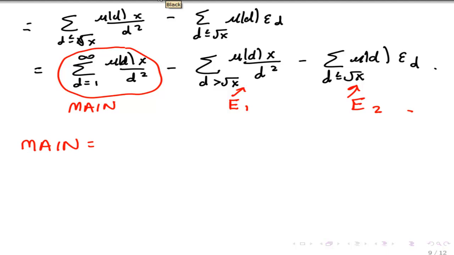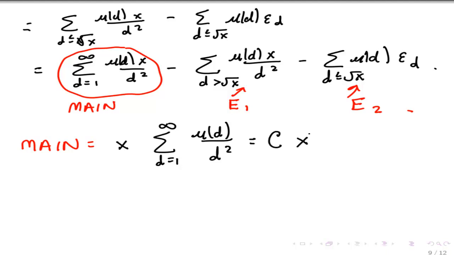Okay, so let's look at the main term then. That main term, we can pull the x out because it has no dependence on d. And look what we have there. This is our infinite series that converges and what we define to be the constant c. So this is just the constant c times x. So what are we left to prove then? So we must show